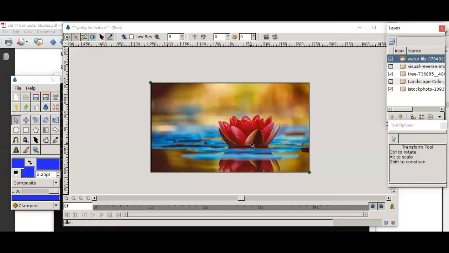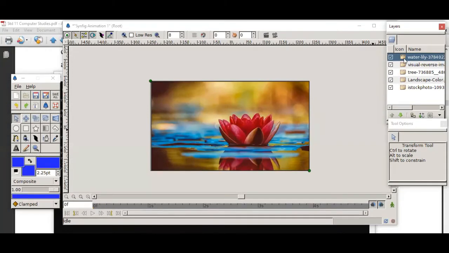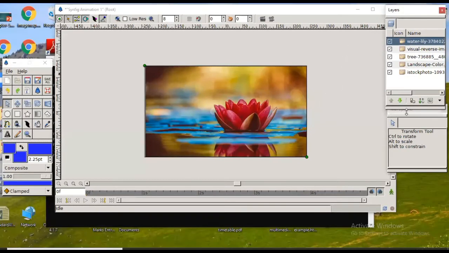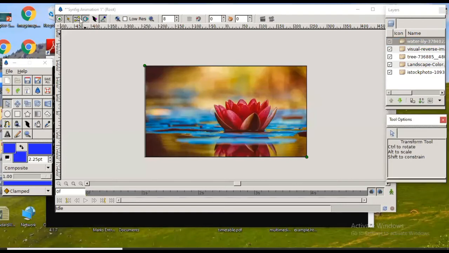So now we want to make it like a slideshow. Okay. So for example, what we are doing, we are setting visibility of all these layers 1, 2, 3, 4, and 5. And that visibility we are keeping for 2 seconds. That means the first layer will be visible for 2 seconds. When this 2 seconds of the first layer is over, it will become invisible, and then the next layer will become visible. Now in the parameter panel, we are going to set the properties of visibility.